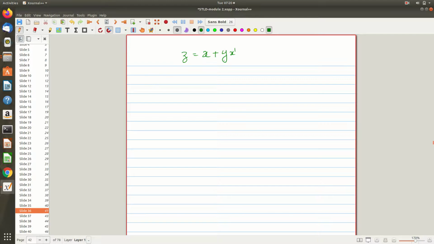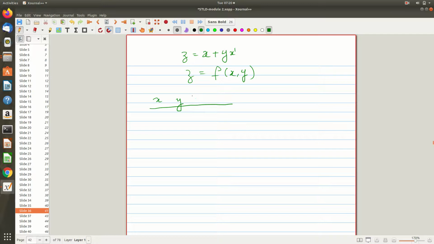So you can visualize this z as a function of x and y, right? Now I have two variables x and y, and I have a function of two variables, and that result I am representing by z, right? Now see what is going to happen for x and y. As it is two variables, it is easy for me, that is why I have taken it. What is going to happen for the function?